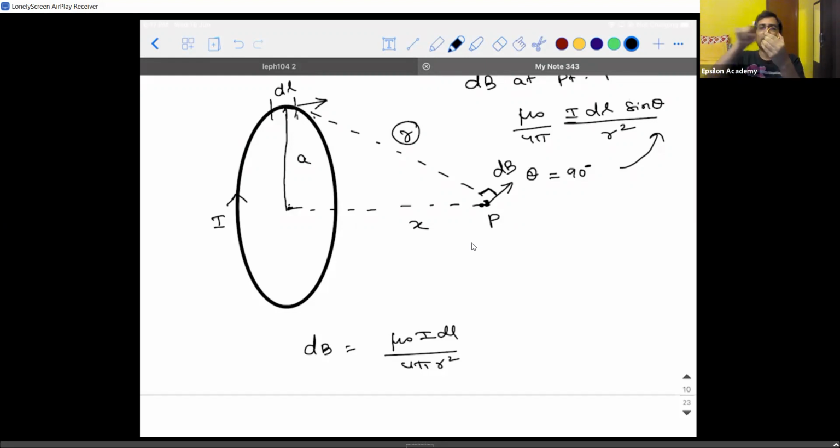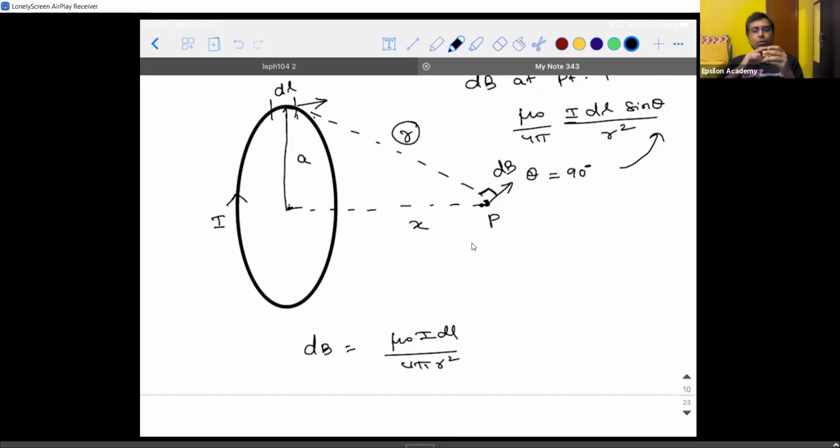If the coil is like this, current is flowing in this direction, point P is here, then place the thumb of your right hand and curl the fingers as if you're going to hold it. Then you can observe that dB will be in the perpendicular direction. Okay. This is one way of finding. The other way of finding is, listen, if I take this coil, okay, anything towards me is positive z-axis, anything away from me is negative z-axis. Anything along the horizontal is x-axis, sorry, positive x, negative x, positive y, negative y.